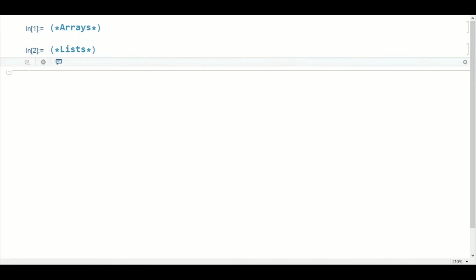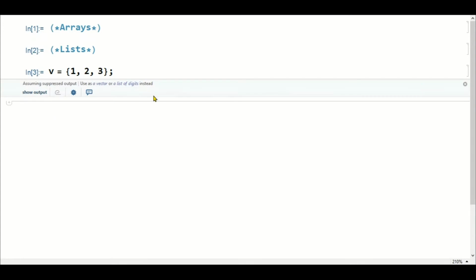The first thing is let us define a one-dimensional array. So this is basically how we define a list. This is a one-dimensional vector. Now if I want to multiply something with it, so it will be basically 3 times it.